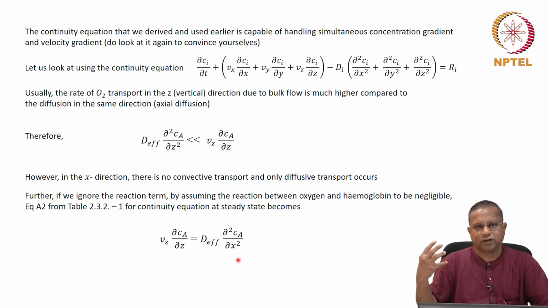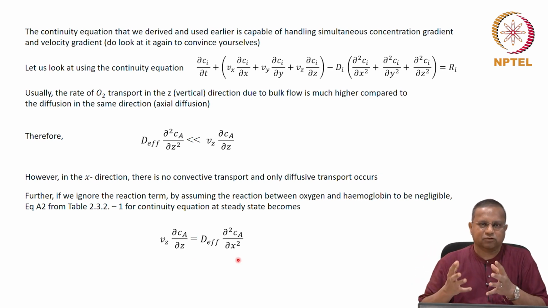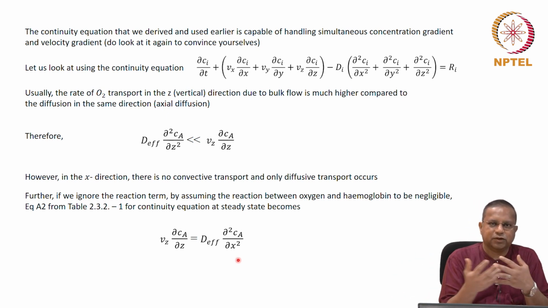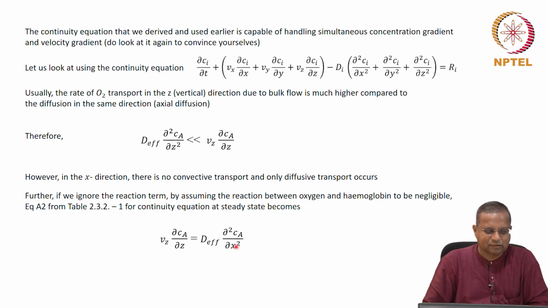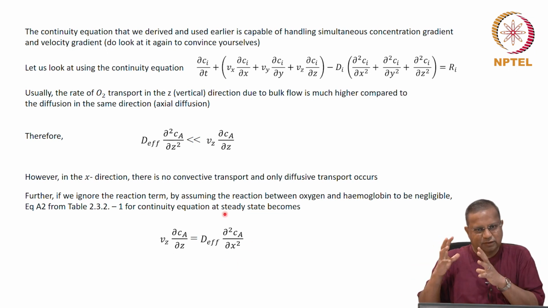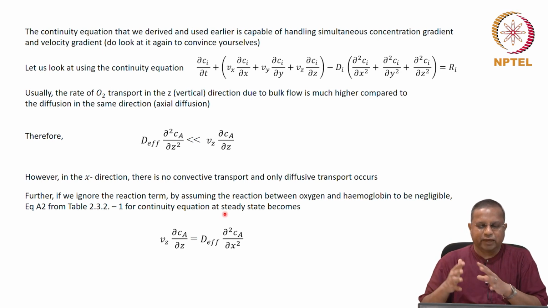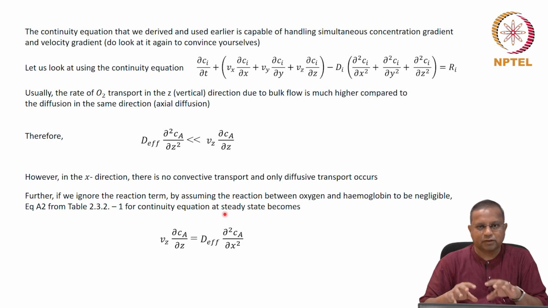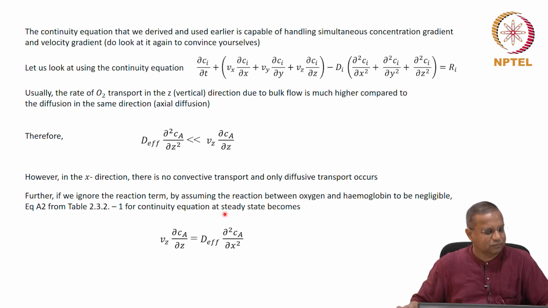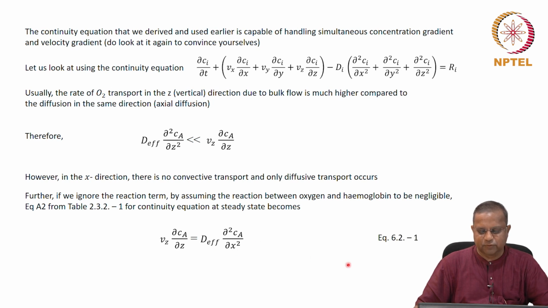So the equation of continuity brings with it a strong base that we can use with confidence, and therefore when we apply it to a situation, we can take it to be valid without any further thought, and that has given us this particular thing. See, the confidence that we gain in this approach is immeasurable. Okay, that's the reason why we look at this. There are other downsides to it, which I'll come to in a little bit. Let us call this equation 6.2-1.